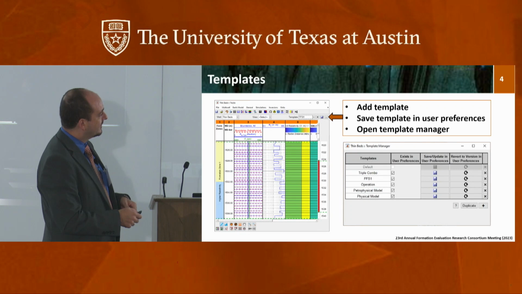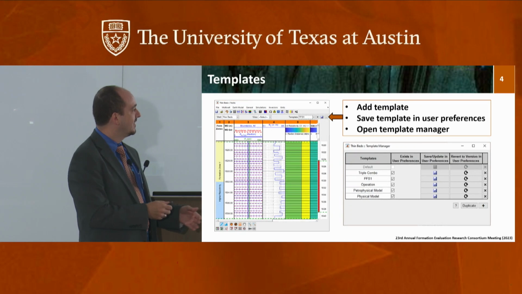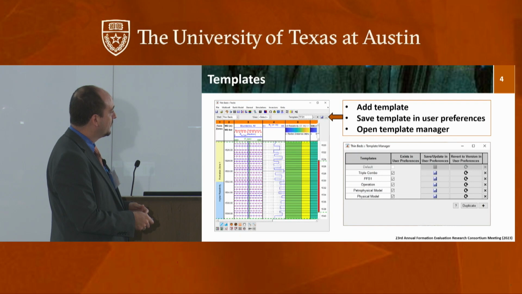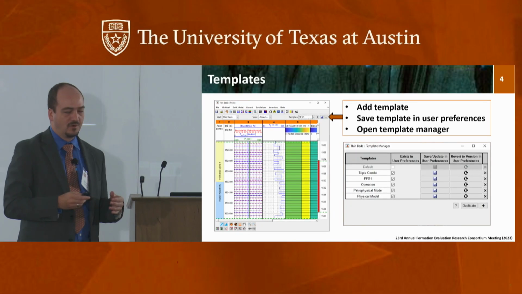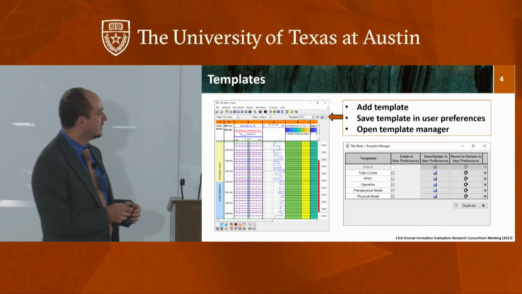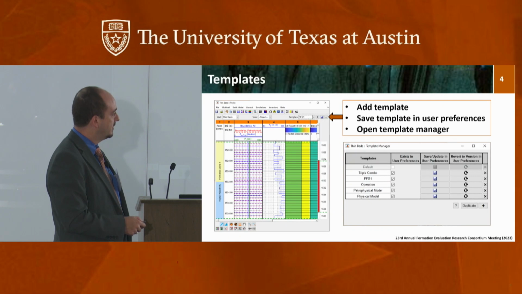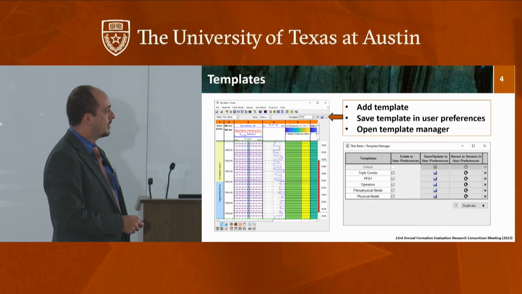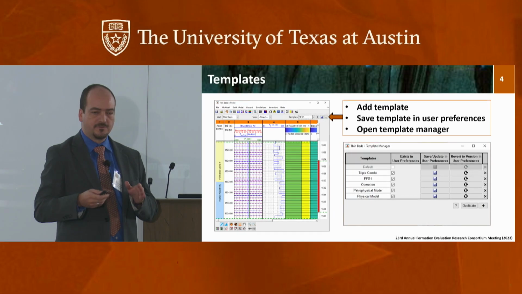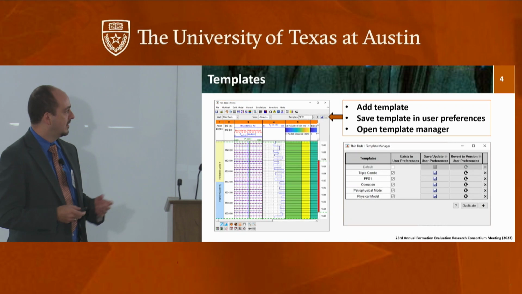Anyway, that window explains it. Anytime you get confused about it, if you click here on that question mark, it's going to show you that explanation, which hopefully makes it clear. And of course, this is very easy to understand. You just have the list of templates, whether it's saved in the user preferences or not, whether you want to save it or whether you want to retrieve it. So those things that I explained, everything is within this